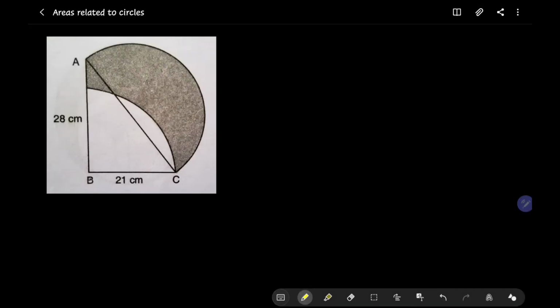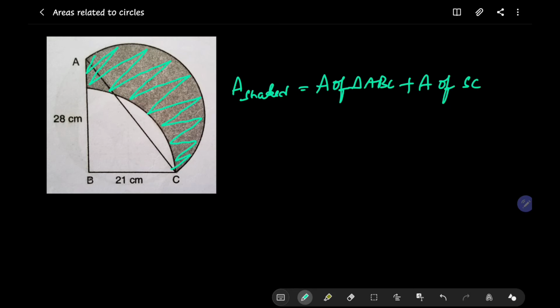In this fifth problem also we need to find out the area of the shaded region shown. You see the entire diagram is shaded with green color. Now subtract the quadrant part alone, and we'll see the area of the shaded region very clearly. For this, add the area of the triangle ABC and the semicircle, then subtract the area of the quadrant from it. But you can see AC is the diameter of the semicircle, which we don't know yet.